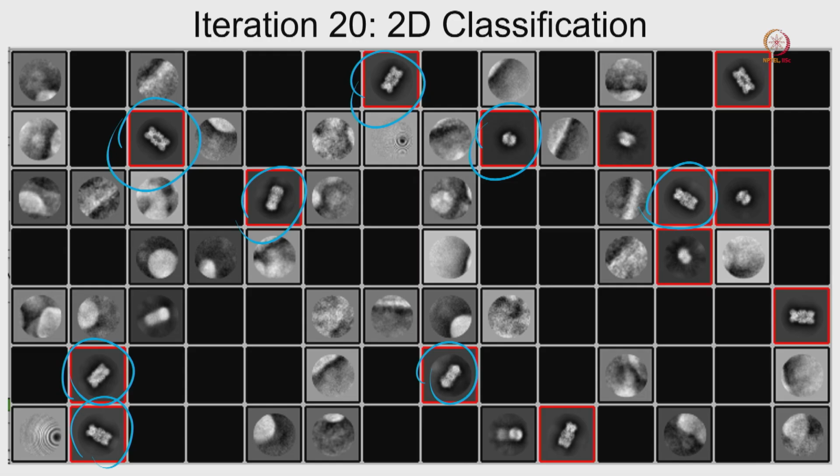So 2D classification is a very good method to segregate your particles without any reference. That is why it is called reference free 2D classification. If there is a reference, you take the first reference and it will start aligning. There is no reference here, which is the reason that in the first class you can see only a globular shape, a circular density, and that is why it is called reference free 2D classification.